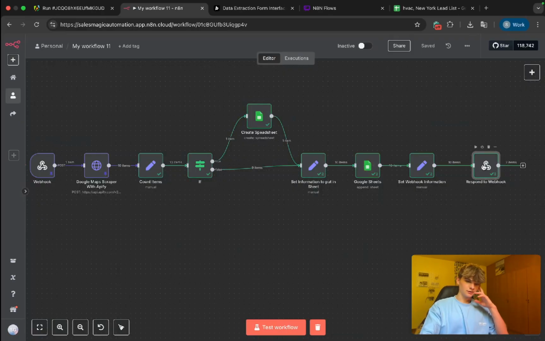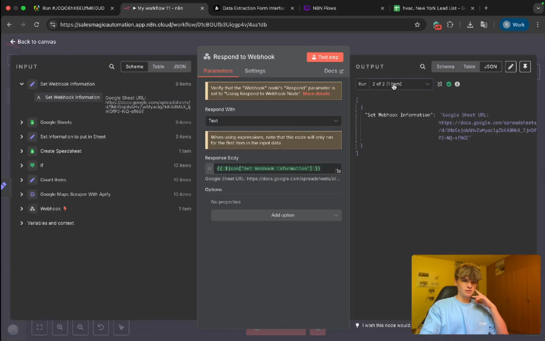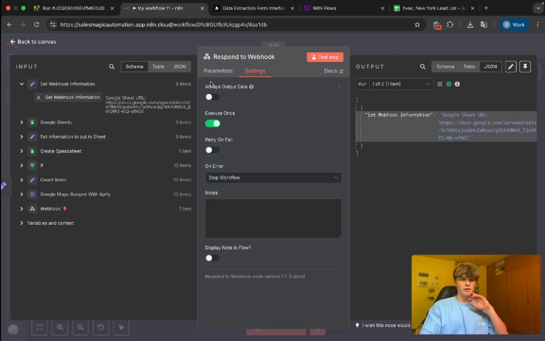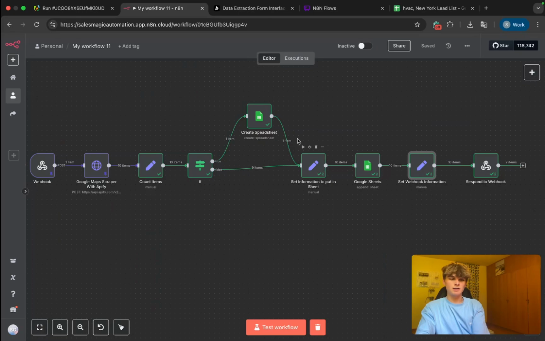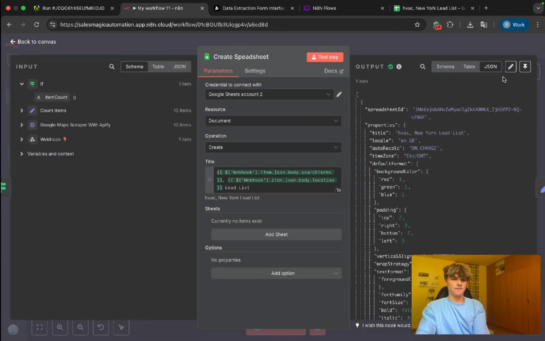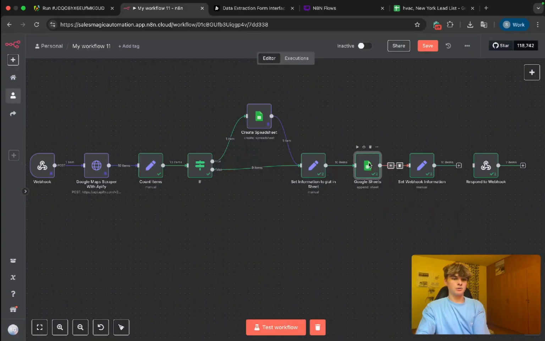Okay, so this runs 2 times. But we are seeing now we're only getting that Google Sheets URL that we did put dynamically in, so that's good. But I also did say execute once, so this is weird. Because this is running twice, because it has 2 inputs. And then that means this and this is running twice. Okay. So I think I know what I'm going to do here. I think I'm going to add a